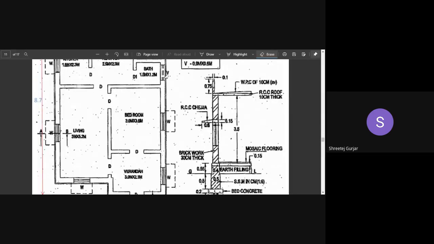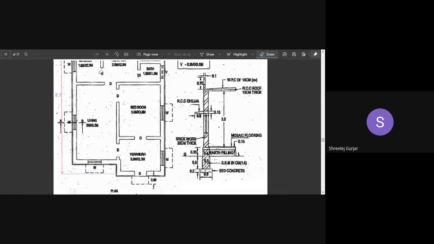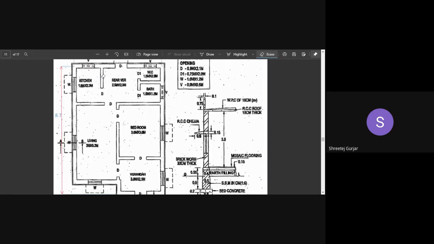Okay, let me just zoom out. You can also look in your plan which you have drawn, right? So coming from the top, I'll come from the top. So it will be 0.15, right? It is half of this wall thickness, that is 0.15. This I have considered. Then the internal distance of this kitchen, that is 2.3.